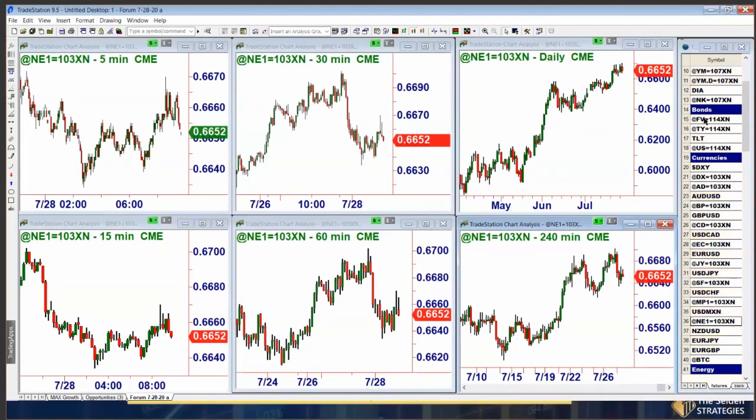Where does price spend most of its time? Supply, demand, or that relative balance area in the middle, that novice space in the middle? Where does price spend most of its time? Yep, in the middle. Okay. For me, and